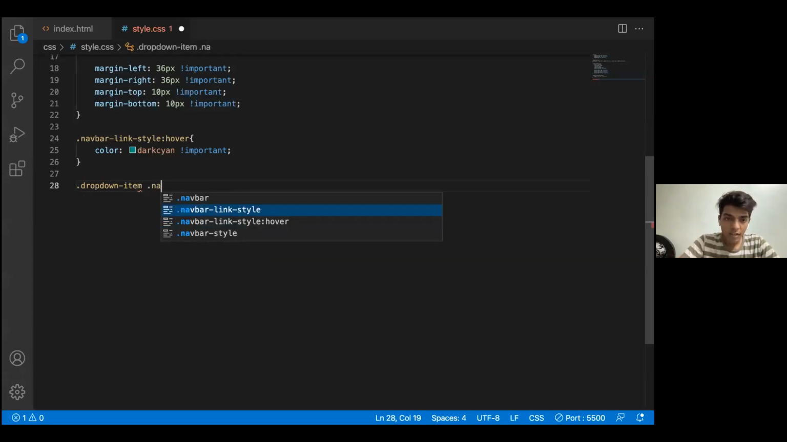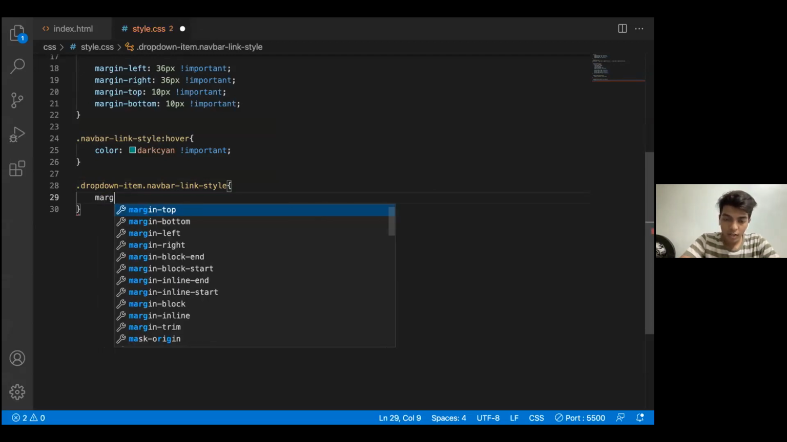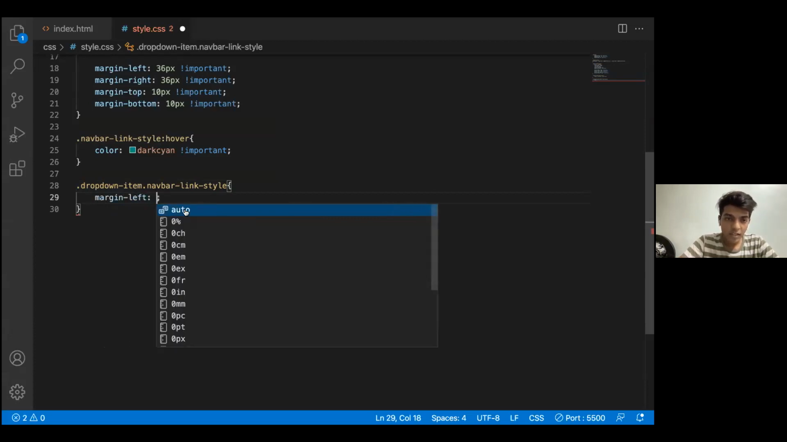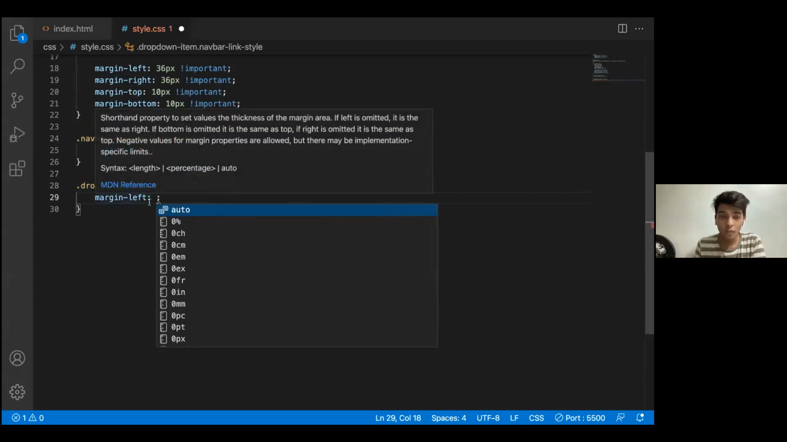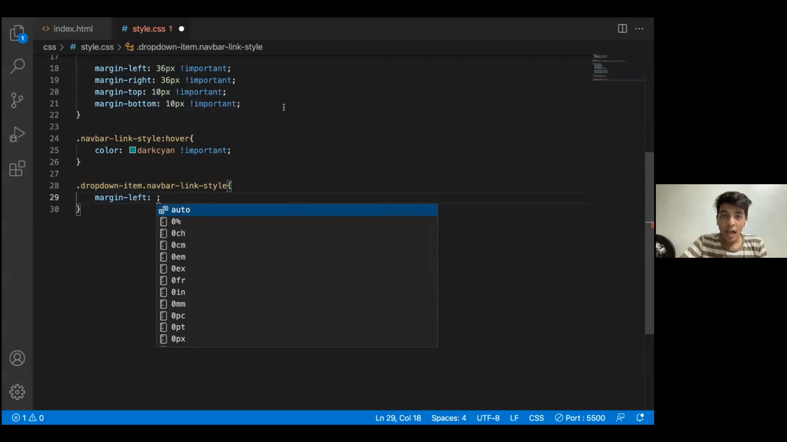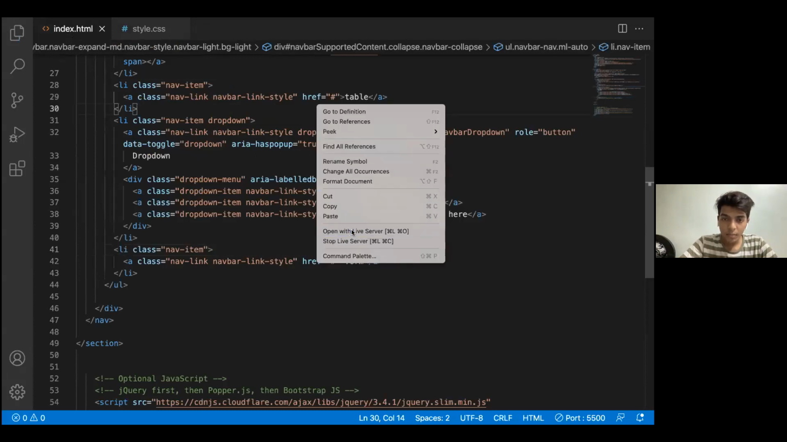And the second one was navbar style link. So as you can see, both of the classes that were defined to the navbar have been called. And now I'll be giving it a class of margin left, and I don't want any margin to go away. So I don't want the links to shift to the left. So I'll be placing in 0 pixels to that, and I don't want it to change. So I'll be giving it a class of important. So it shouldn't change. I'll be saving this, and now as you can see,